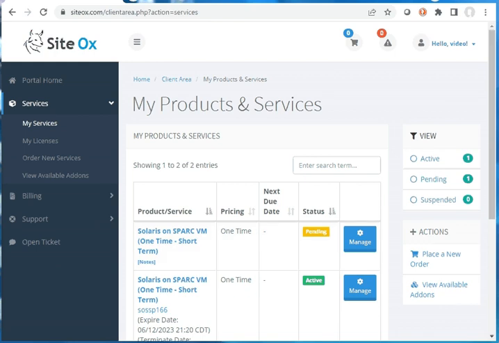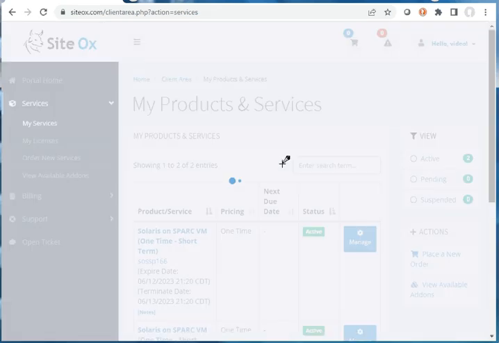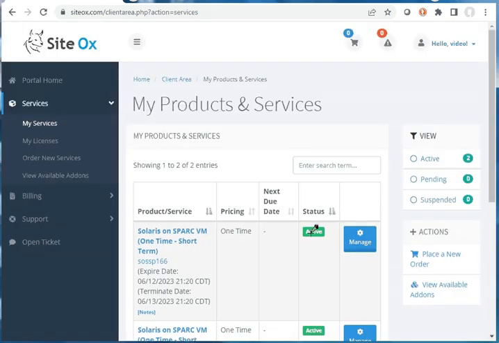I am resuming the video now. The Solaris on SPARC build out is complete. The server is now active and ready for user access. However, we still see this screen showing the Solaris VM is pending, so I will refresh this screen to update that status. So I just told it to refresh, and so now we see that it's showing it is in